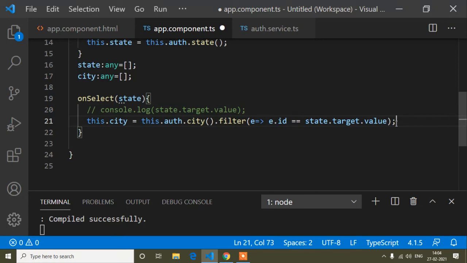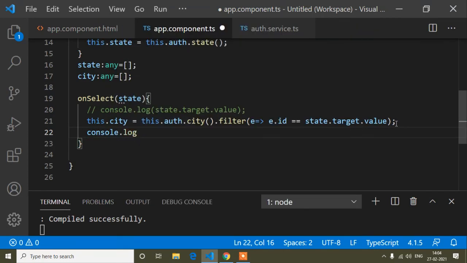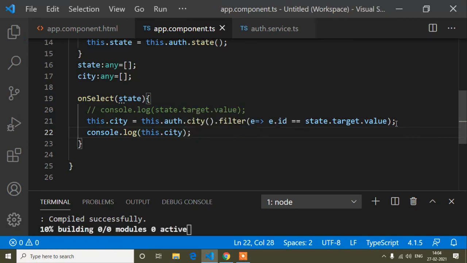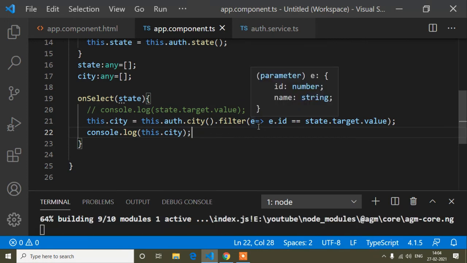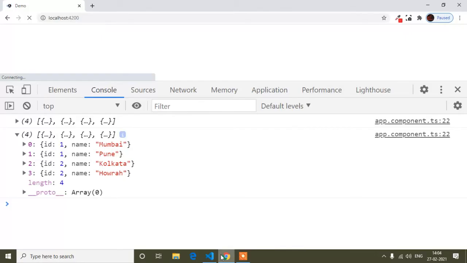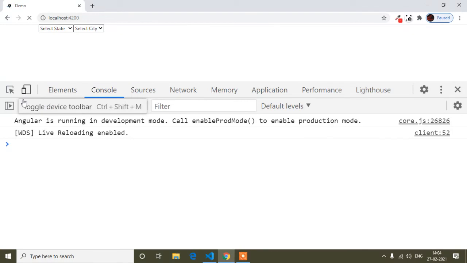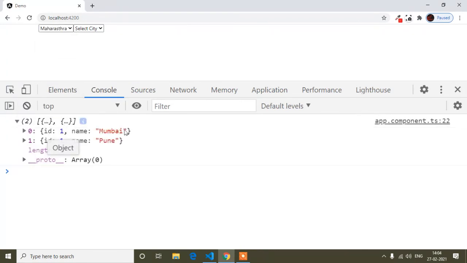Now if I console.log this.city and check, okay, it's done. Now if I choose any state, you can see it's filtered and showing Mumbai and Pune,